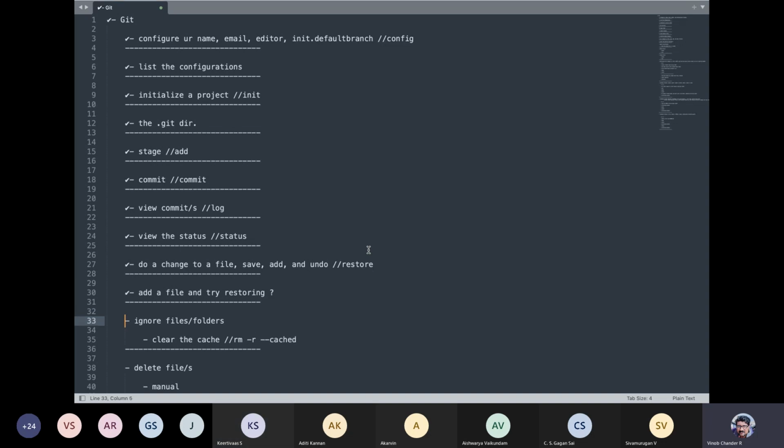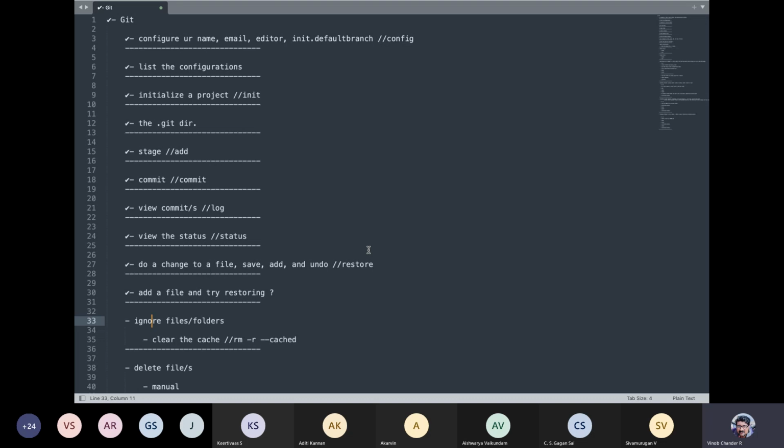Guys, the next very important thing we need to set up when we start our project management with a source control system like Git is to set up your ignore files. For that, you can make use of what is called .gitignore. It is always considered a good practice to set up your ignore file at the beginning of the project, because once you are managing the project and doing multiple commits, and at some later point in time you add a .gitignore, sometimes things may not work as expected.